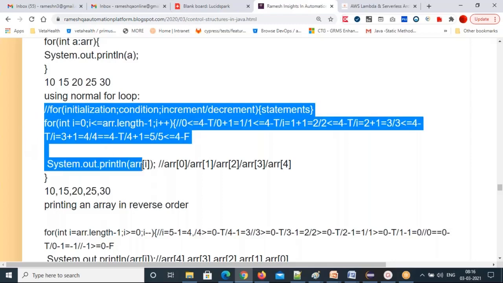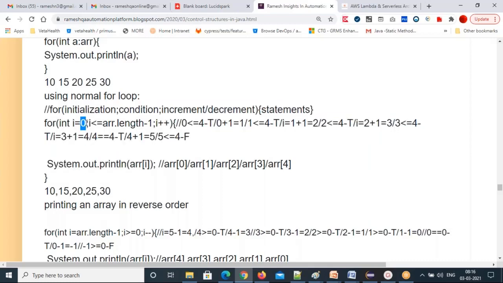So this is how you print an array in ascending order. That means you print from the first element to the last element. Then your initialized value will always be 0. The first element is your 0 index. The last element will be the upper boundary. The upper boundary is always the array length or array length minus 1. Here I am giving the last element index, that's why we used less than or equal to. Or you can use less than also, with array dot length. That means the length will be calculated beforehand.